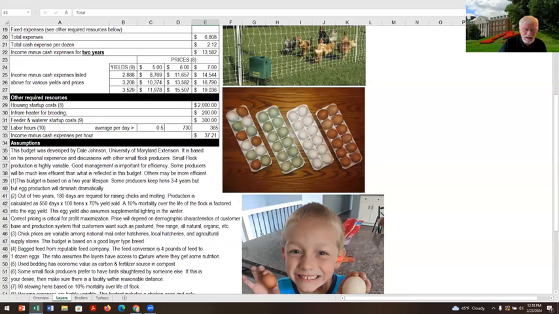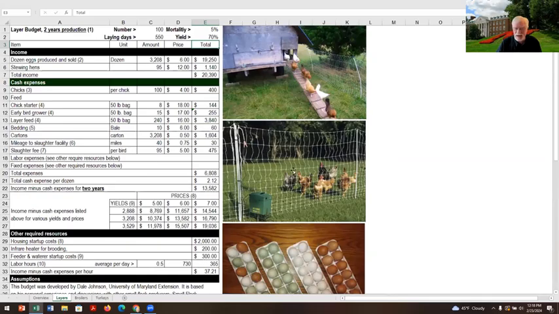This ratio assumes that the layers have access to pasture where they get some nutrition. They don't get a lot of nutrition from pasture. I mean, people look at all that pasture out there and the chickens eat it down. They think, well, they got a lot. Well, you got to remember that a lot of that pasture is water. In all those broadleaf plants and those grasses, there's a lot of water. So they will get something out of it. And at the height of the pasture season, they might get 25%, 30% or more from the pasture, but don't count on it a lot. Okay. So I've got about 4 pounds of feed in here per dozen eggs.